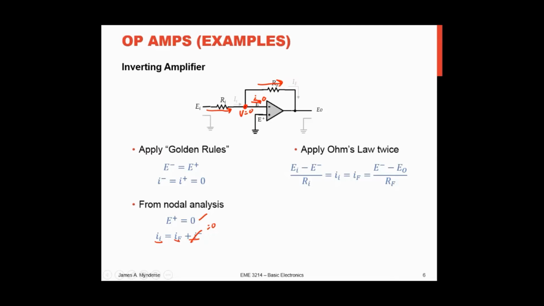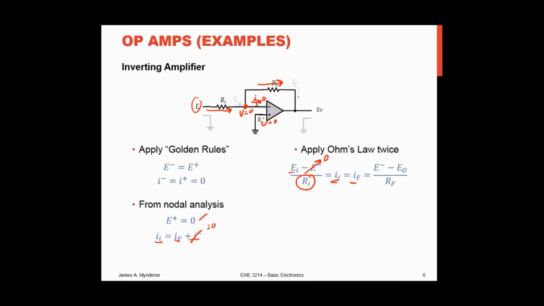So if I apply Ohm's law to the feed forward and feedback, and I know that my input current equals my feedback current, so EI, our input voltage, minus E minus, which is the voltage here at that negative input, which we happen to know is equal to 0 because it's equal to our 0 volts here, divided by the resistance on that input circuit gives us II, which is equal to IF, which is equal to,